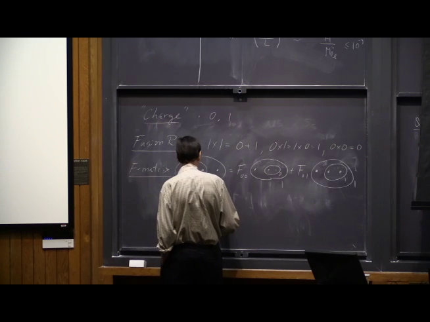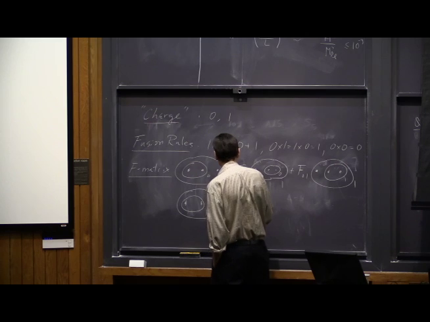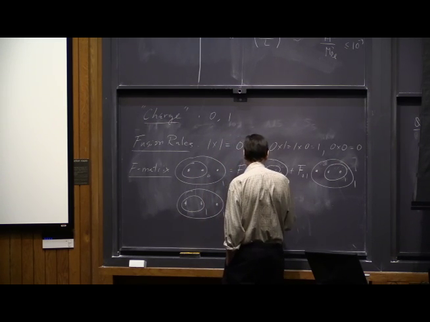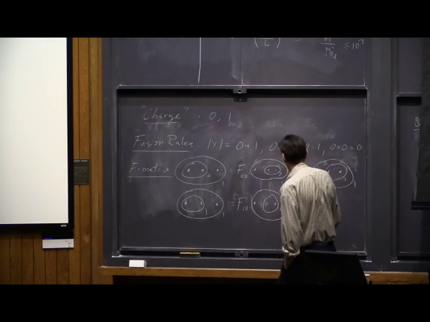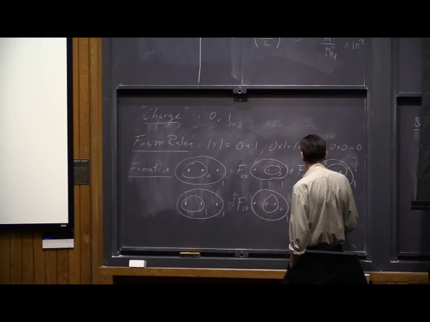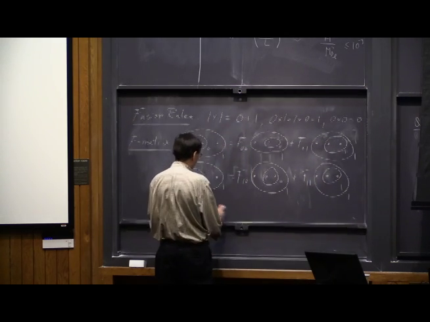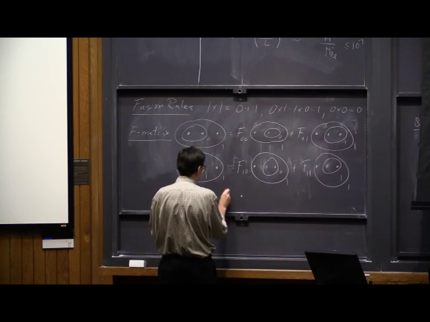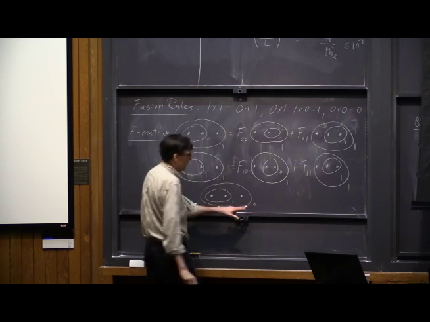And likewise, if this is 1, and the total charge is 1, then we have F 1, 0, 0, 1, plus F 1, 1, 1, 1. And let me also add, just down here, if the charge of all three is 0,